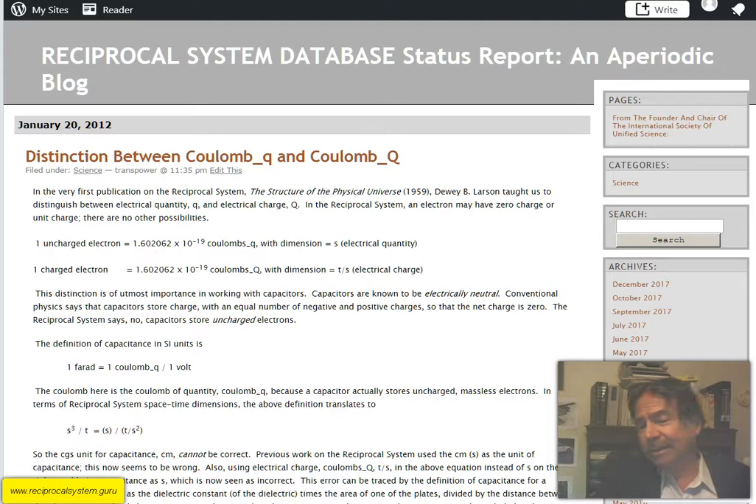But in the past 10 years, that's the only mistake I've found in the reciprocal system and the only thing that I've had to change. So instead of S, it's really S cubed over T, that is space cubed over T. Also using electrical charge coulombs capital Q, T over S, in the above equation instead of S on the right would give capacitance as S, which is now seen as incorrect. This error can be traced to the definition of capacitance for a parallel plate capacitor as the dielectric constant of the dielectric times the area of one of the plates divided by the distance